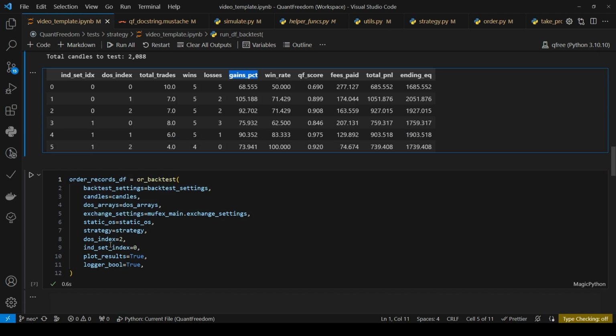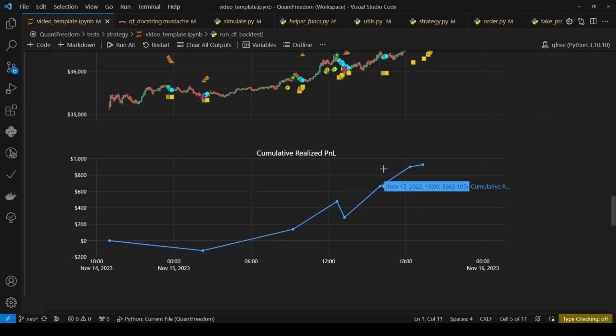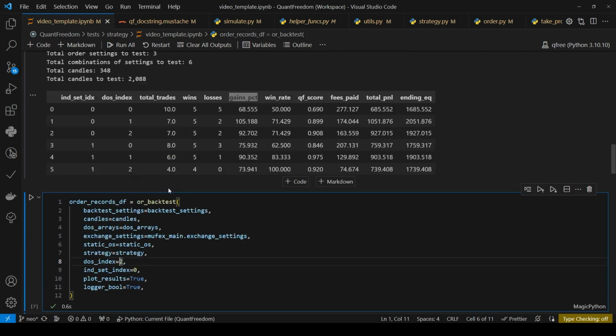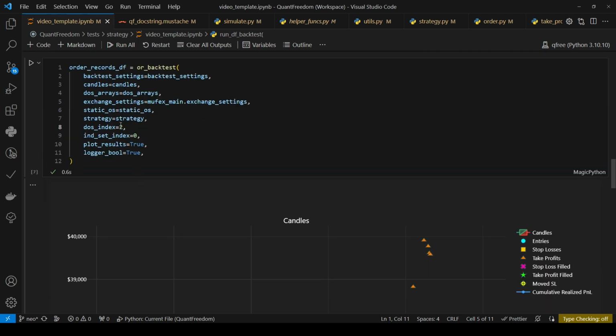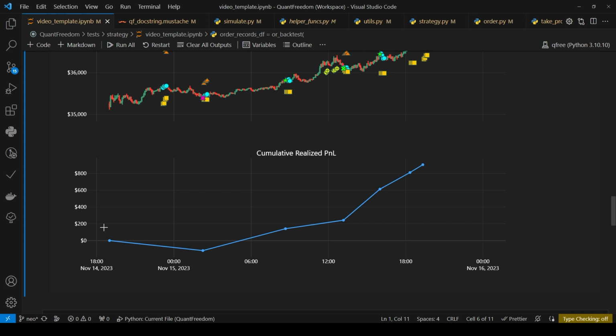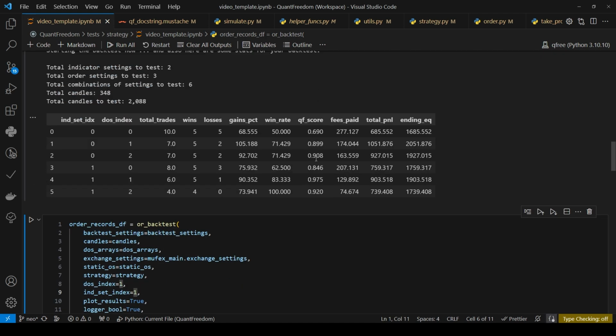And so here you'll be able to see that we have this showing up, that's going to tell you what our QF score is. Here we have this 2, and we're grabbing this. So this is a 0.9. And if we have a 0.975, let's go and grab that. So this is 1. You're going to be learning about this later on, so you don't have to worry about this right now. I'm just showing you. So this is basically kind of close to the same, but it's slightly more to the upside here towards the end. But anyways, that's why having a QF score